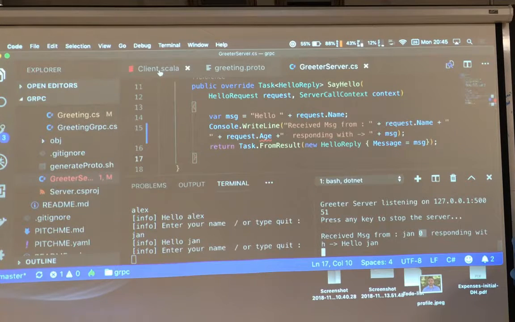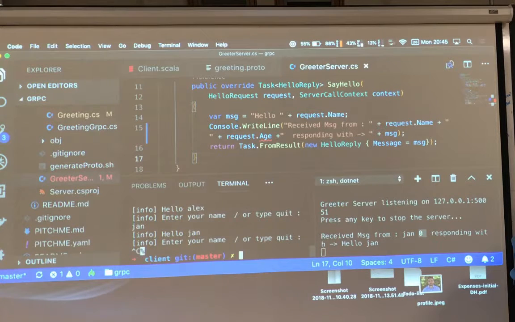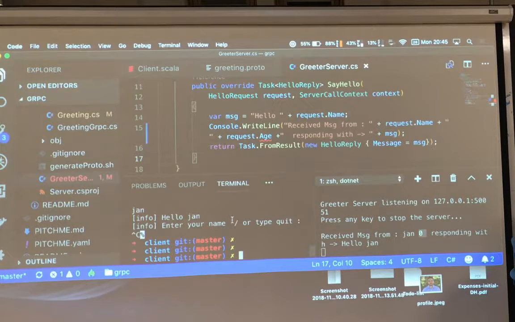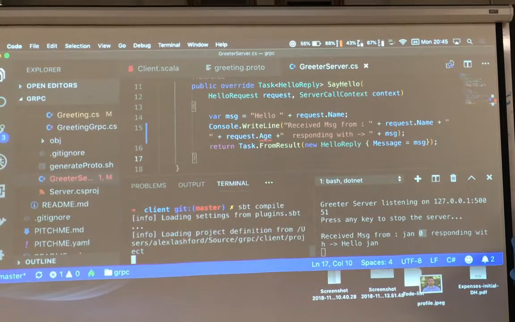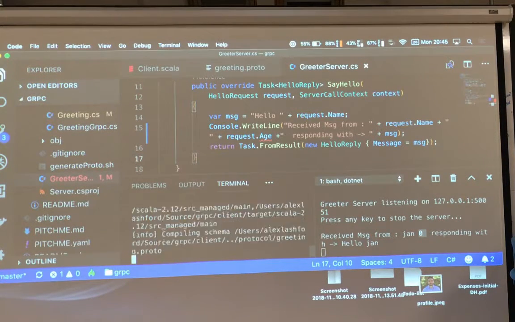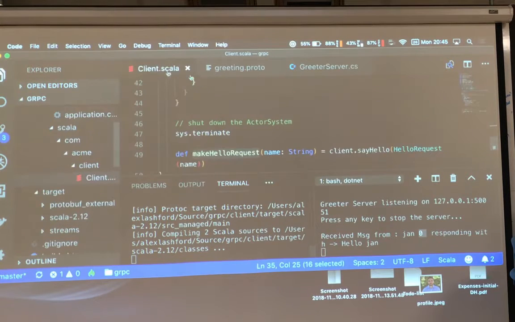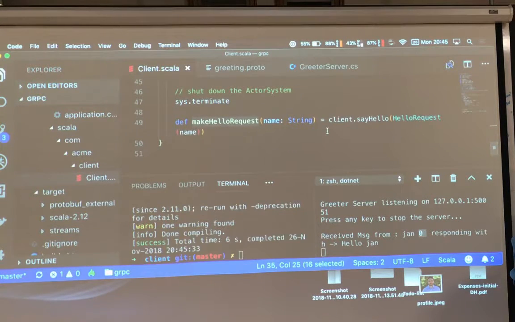If I kill that, because I've changed the proto file, and compile the application, part of the compile phase is the generation of the new models from the proto definition. I will then be able to make the request and take the age.